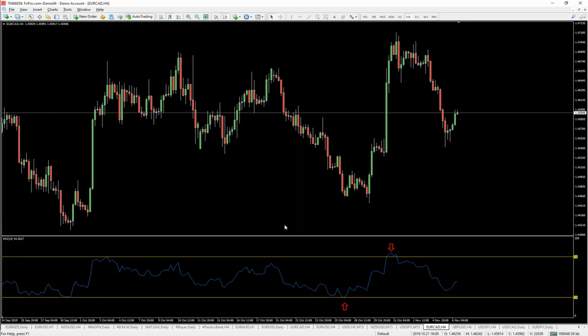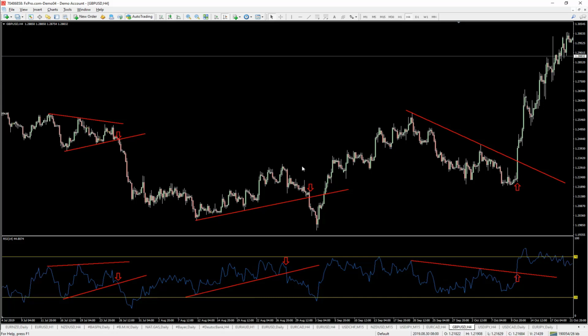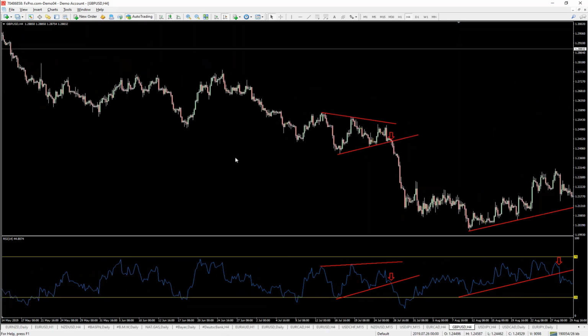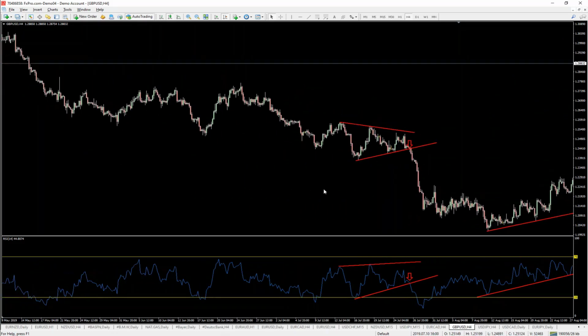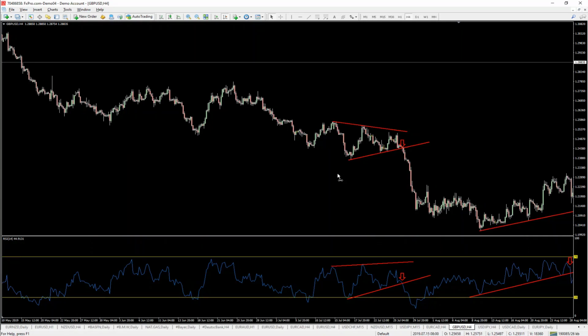The second approach that we can be using RSI for is chart formations. Now let's start from here. The idea is that sometimes we will be able to see patterns that we're not able to identify on the chart, on the price action. We will be able to identify them on the RSI indicator. I personally don't use it this way. The way I do it is I draw the patterns and I use it for breakout confirmations, which would mean,